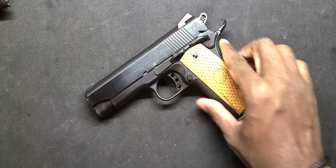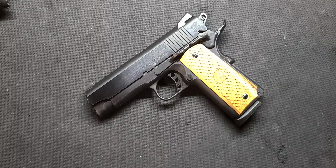I'll save you that. But yeah, so as I mentioned, these are my favorite, not my only, but my favorite 45s out of my collection. With a couple of honorable mentions, as I mentioned, the Glock 30 and the FNX 45. Aside from that, let me know what you guys think in terms of, I know there's the whole debate between 10mm and 45 and all of that. I don't think we should be talking a debate there, but